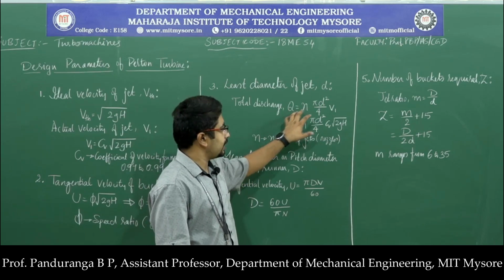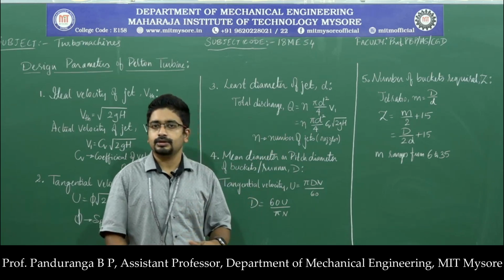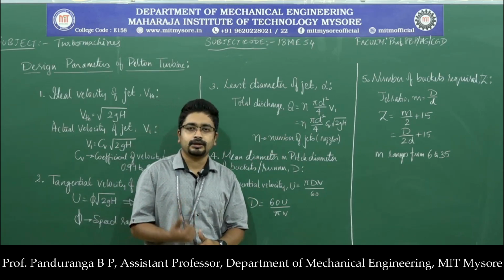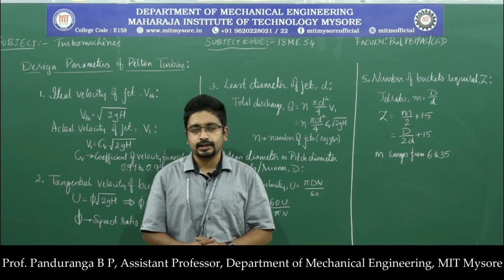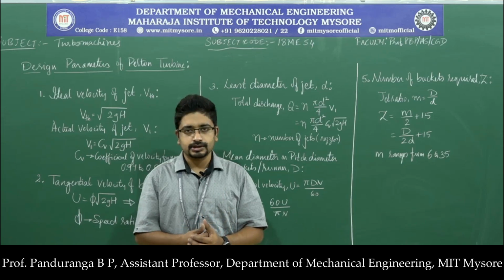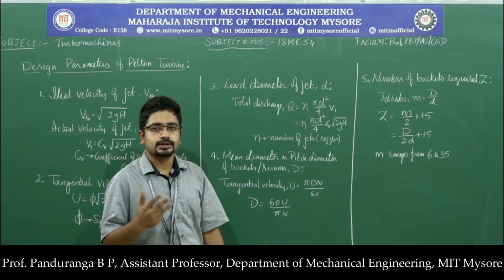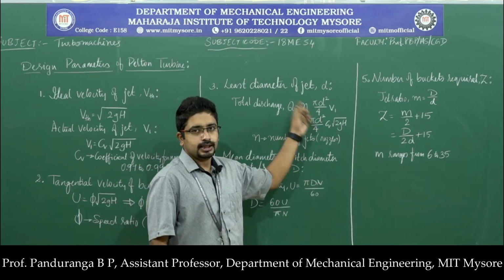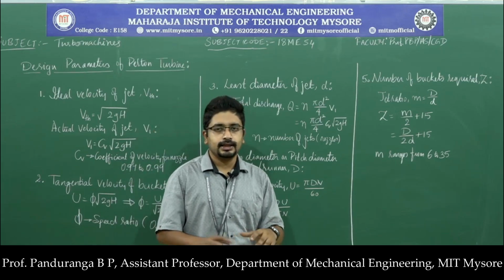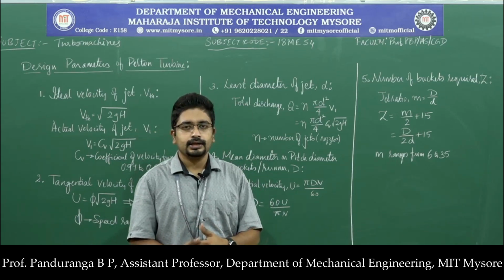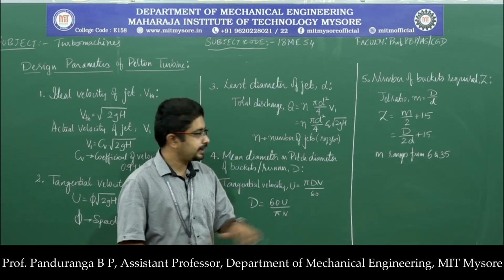then Q is given by N, where N is the number of nozzles. In the diagram, while explaining the Pelton turbine working, we had only one nozzle. I had told you that we can have multiple nozzles. If you have two nozzles, then N will be equal to 2. If you have three nozzles, then N will be equal to 3. All the nozzles will be identical to have a balance in the amount of water entering the turbine, so that the forces will be the same in all directions.